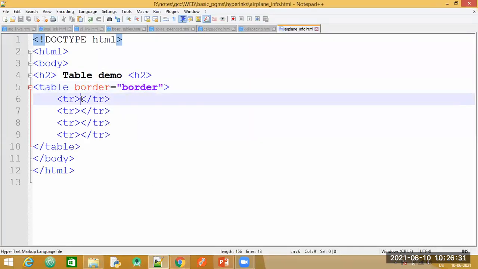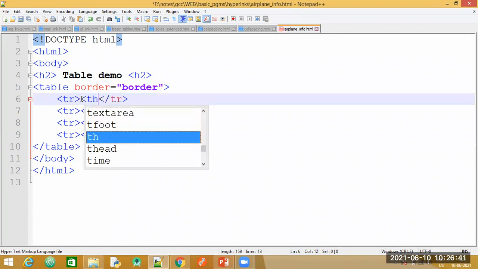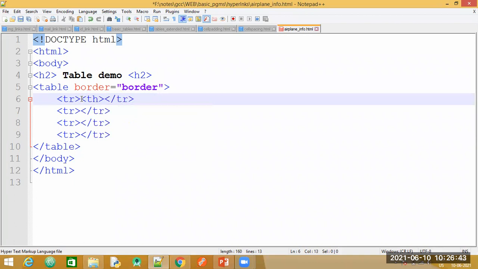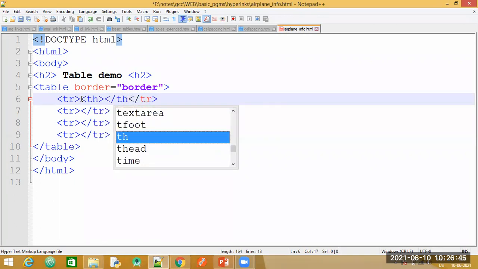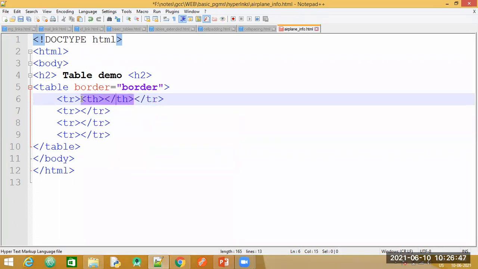Now within the first row, I need to give a heading, that is first name, last name and age. Those are the column headings. Whenever you want to give the headings, you are supposed to make use of the th tag, opening th tag and closing th tag. Inside this, I will give first name.